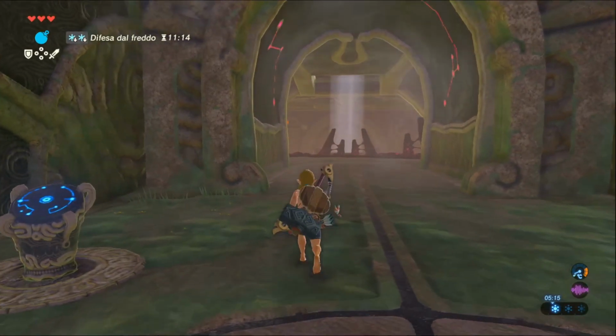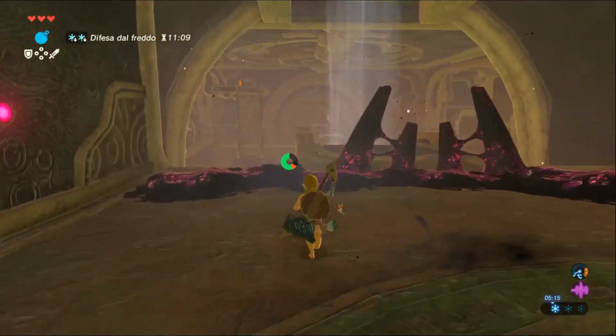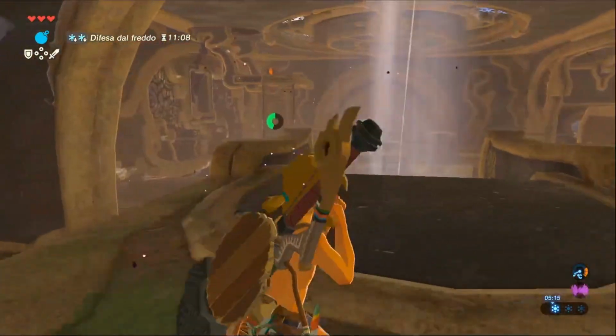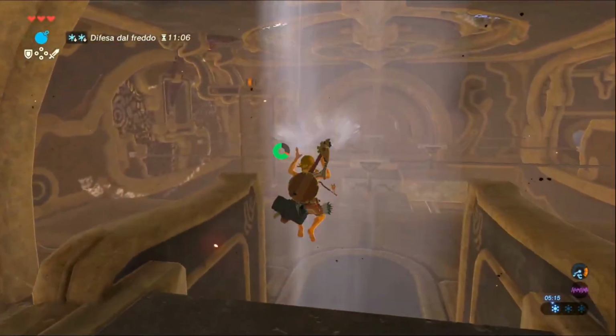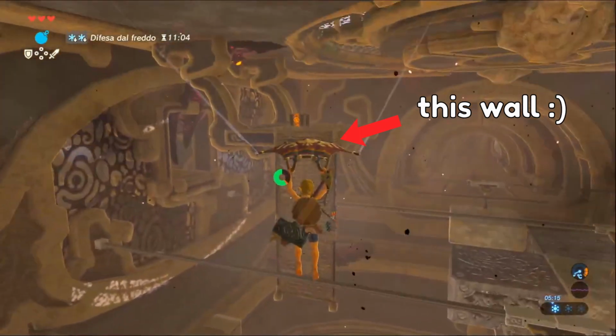So when we first enter Vah Medoh, we're going to want to run and whistle sprint to our left side and then jump over this wall of blight. Once we have cleared the blight, whistle sprint to the current of air and keep as much stamina as you can. Stay in the current for about 1 second and glide to the left side with the wall that has